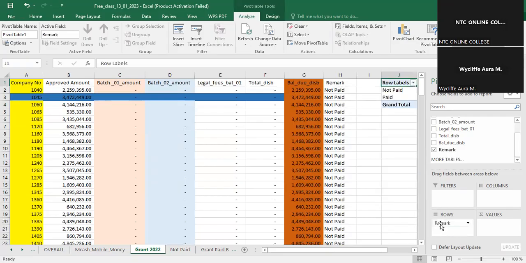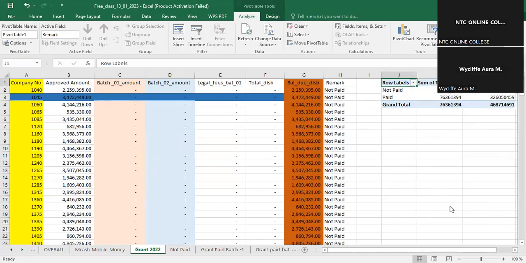Remarks. Then we have total amount disbursed and probably the balance due. And let me just apply that. So from here now,